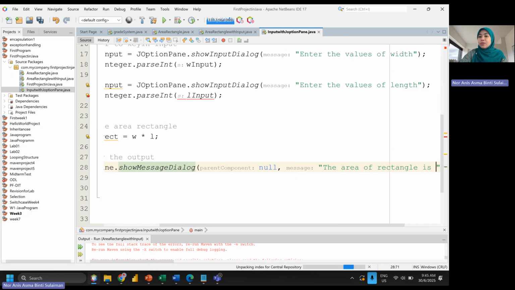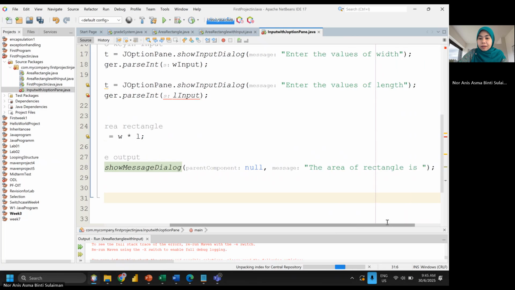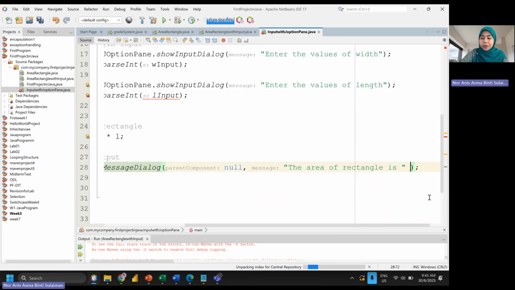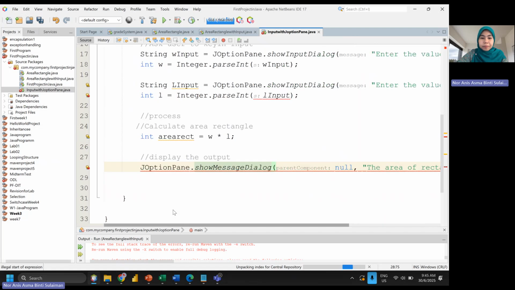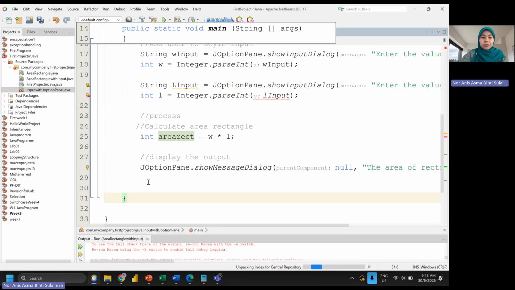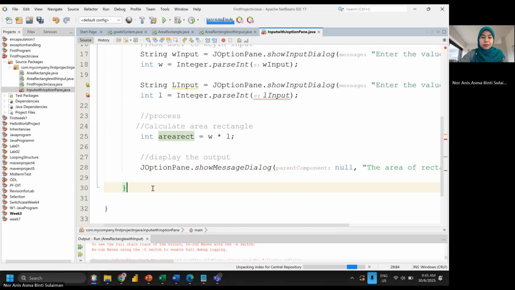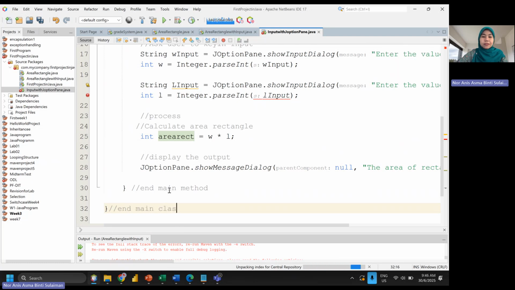Then next, you should call your output name, and don't forget the plus with your output name, area. All right, and then close your statement, main method, and main class.